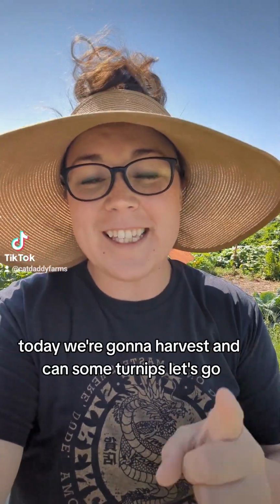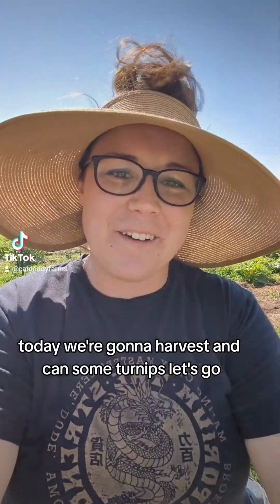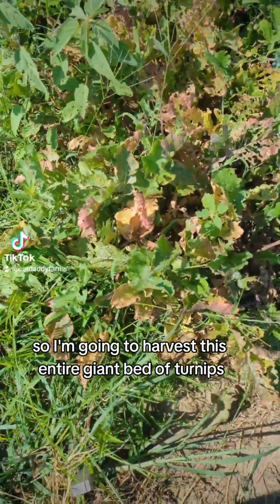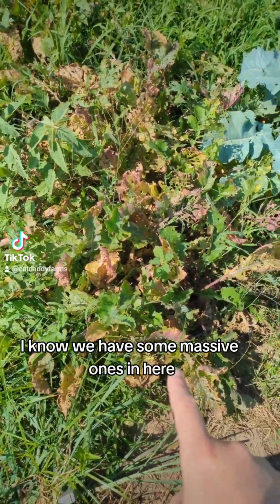Today we're gonna harvest and can some turnips. Let's go. So I'm going to harvest this entire giant bed of turnips. I know we have some massive ones in here, so let's see what we've...